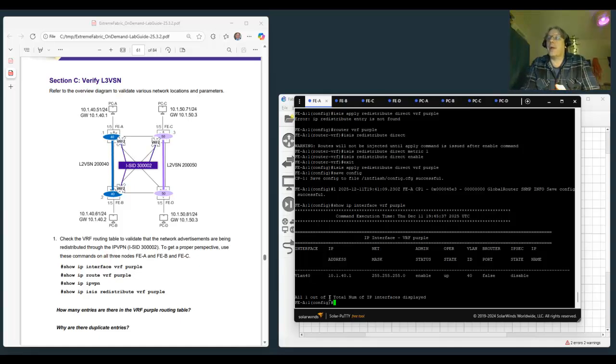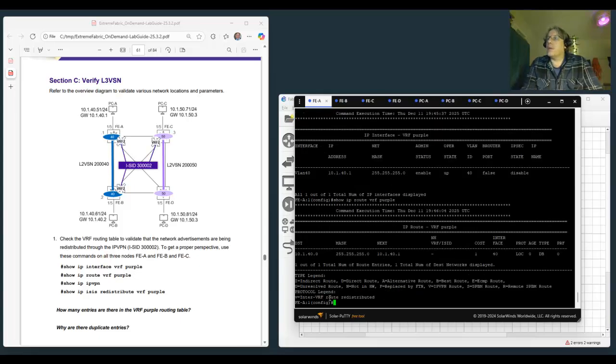So we are correctly seeing the IP address of VLAN 40 and nothing else. Show IP route VRF purple, and we should only see the entry for the VLAN, the local entry for the VLAN,